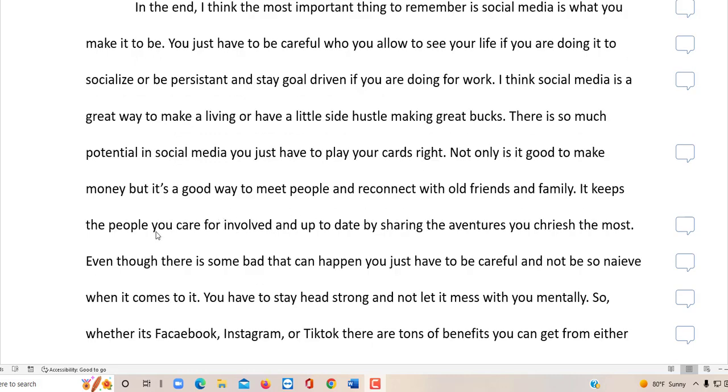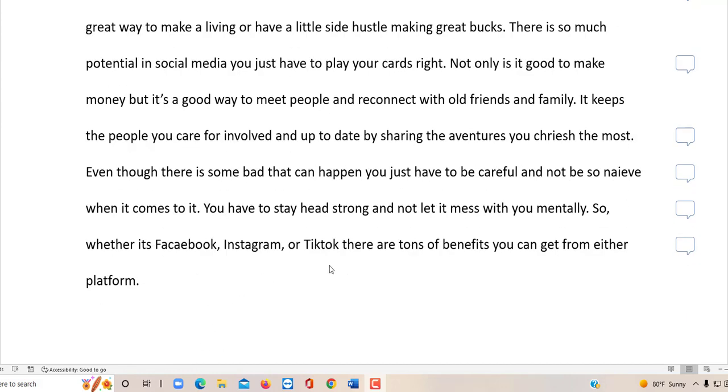It keeps the people a person cares for involved and up to date by sharing the adventures, so you need a D over here, a person cherishes, CHERISHES, so this is misspelled. Even though there is some bad that can happen to a person, a person just has to be careful and not be so naive, which is also misspelled, when it comes to it. A person has to stay headstrong and not let it mess with a person mentally. So whether it is Facebook, this is also misspelled, or TikTok, there are tons of benefits a person can get